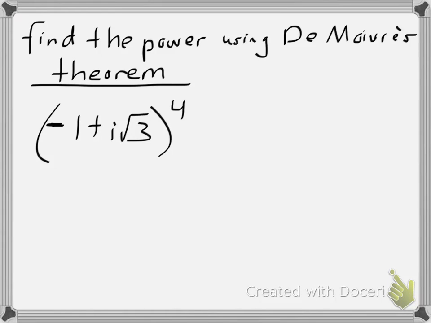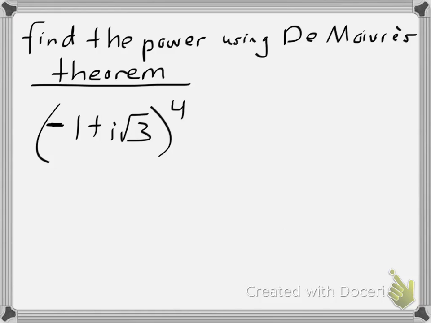Hello everyone. In this video I'm going to be looking at the question, find the power using DeMoivre's theorem. So I'm given in this case a complex number, and I need to know what it would be if I raised it to the fourth power. And in particular, I want to put it into polar form,